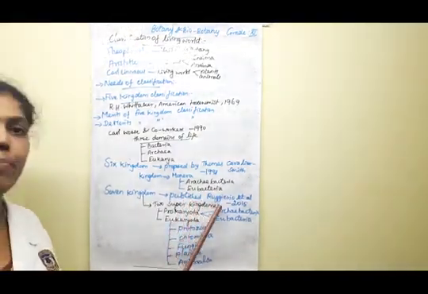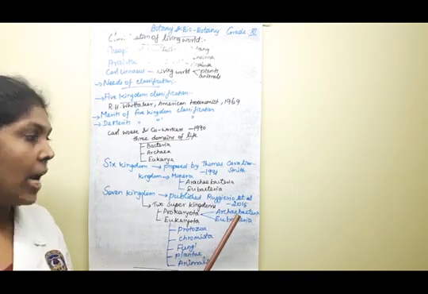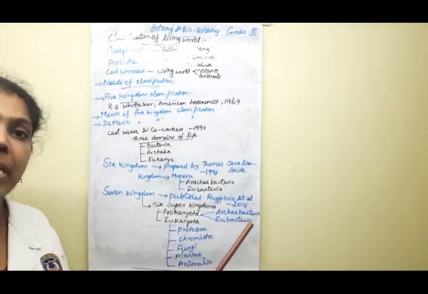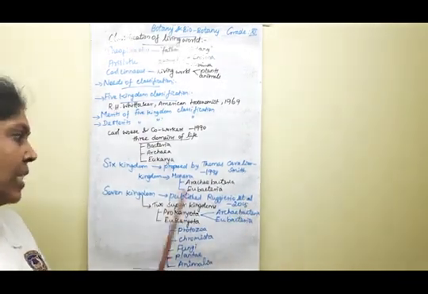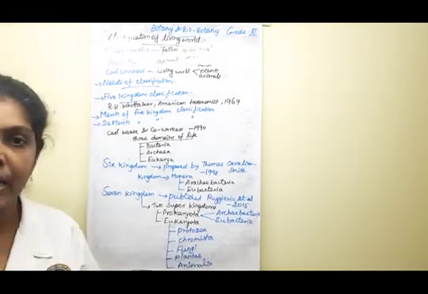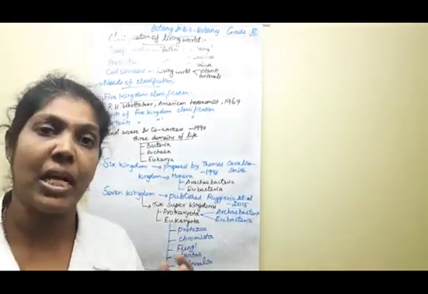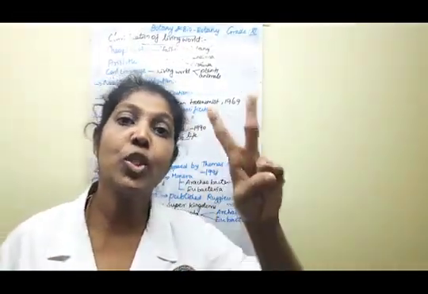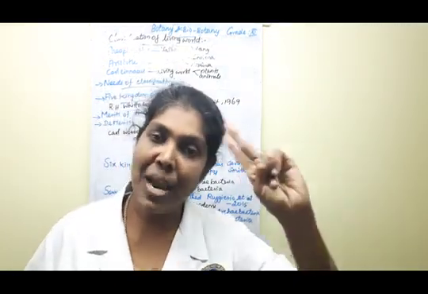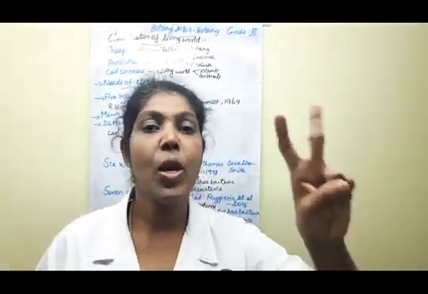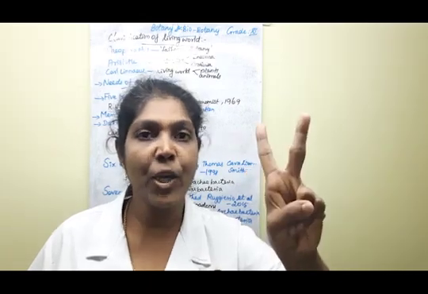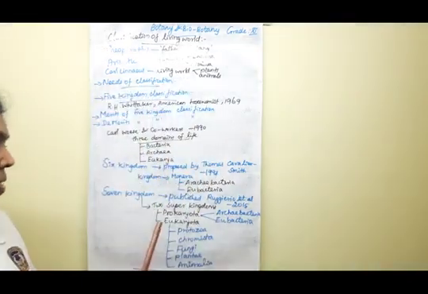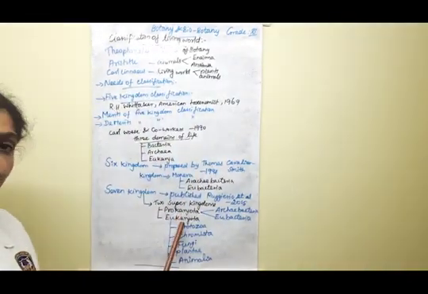Next one, the seven kingdom system of classification. This was proposed by a person known as Ruggiero, Ruggiero et al., a group of people, in the year 2015. They discovered the seven kingdom system of classification. First, they grouped it into two super kingdoms: one is Prokaryota and another one is Eukaryota. Clear, children? What are the two super kingdoms, children? Very good. Prokaryota and Eukaryota.